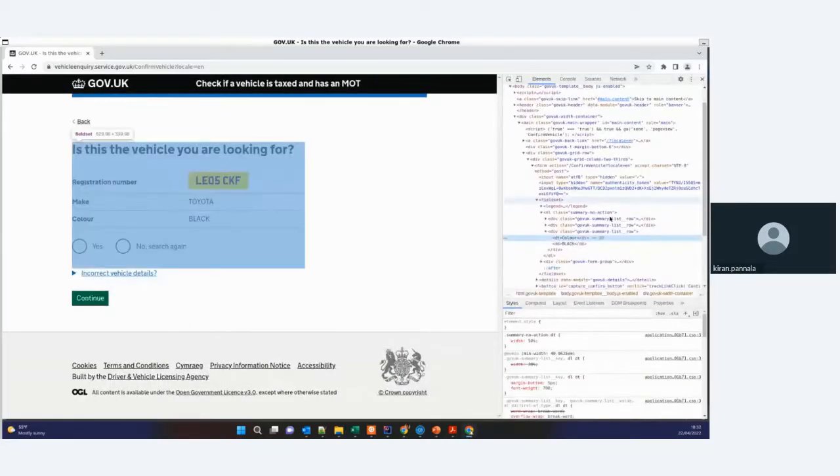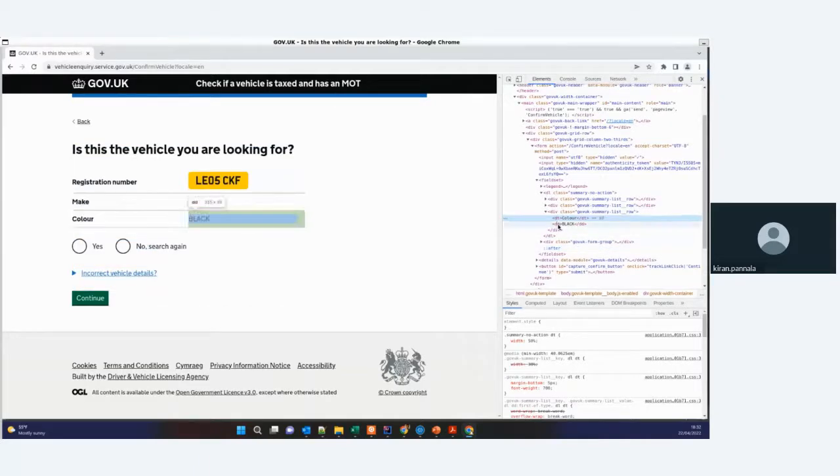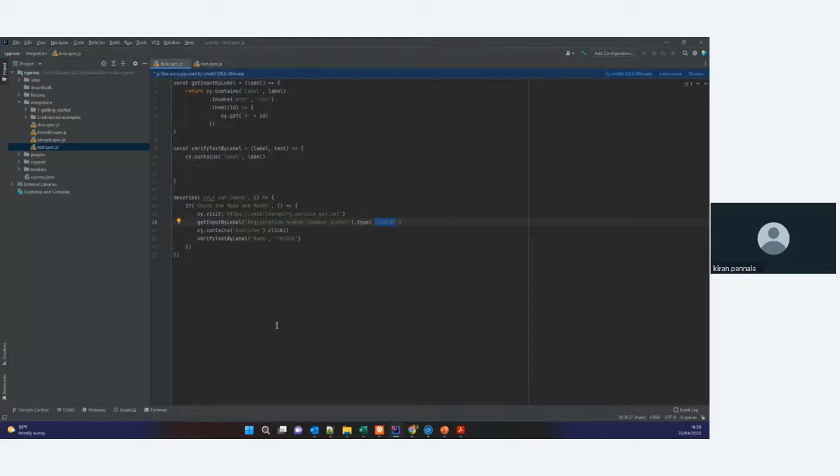So here, if you see what type of elements these are, it's a DT and DD, which is basically an element type, and DT is the label name and DD is the value. So we want to go to the parent of this and get the DD. So that's what we're going to do. So let's close Chrome again. Contains label dot